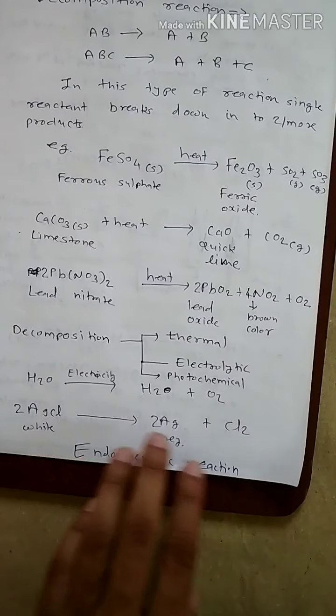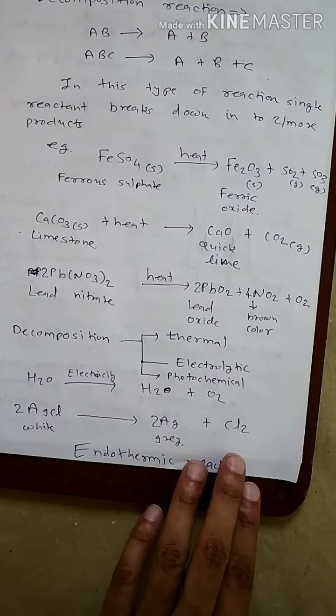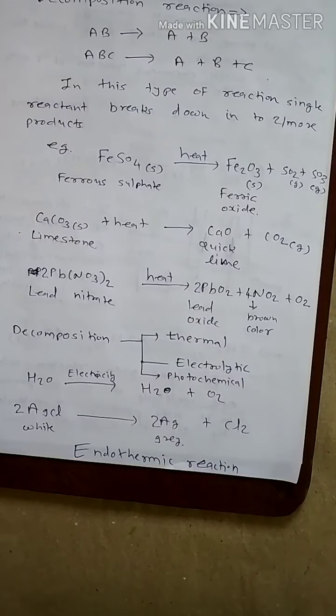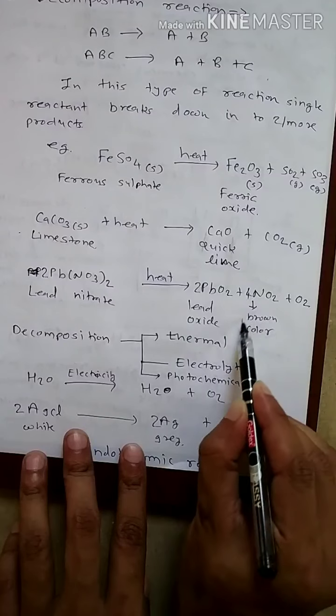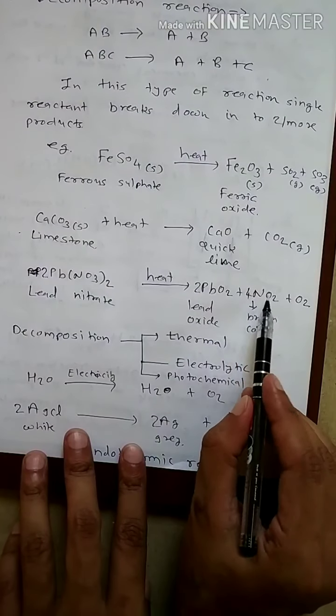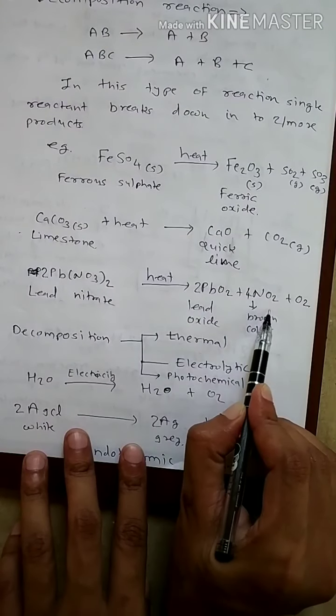So if the question asks what observation you will get, you have to write down brown color gas is observed, that is the color of nitrogen dioxide. Okay,